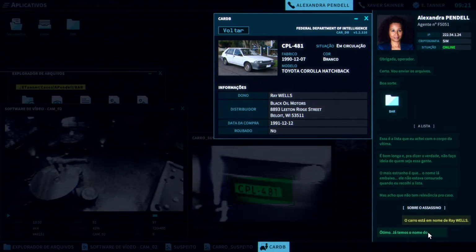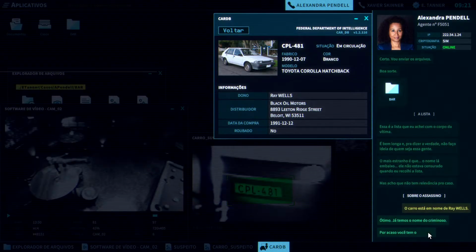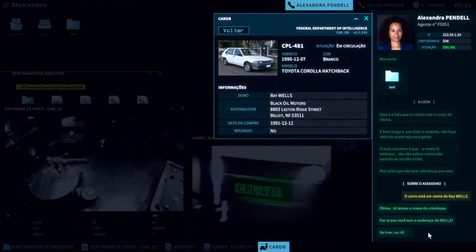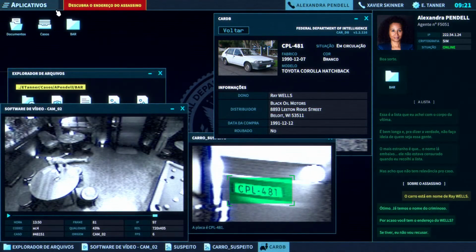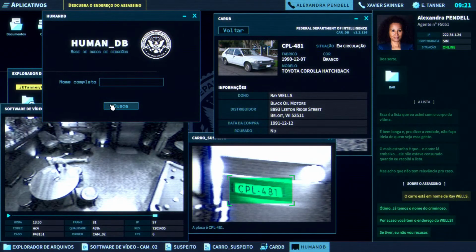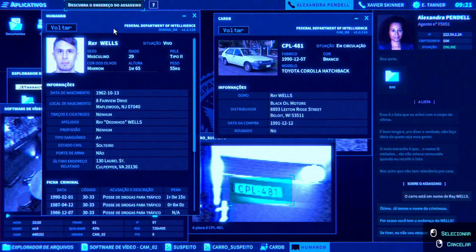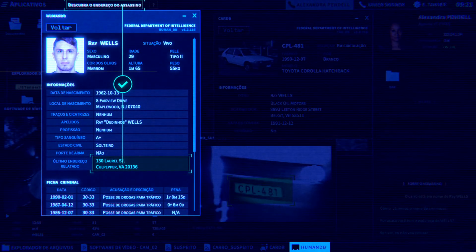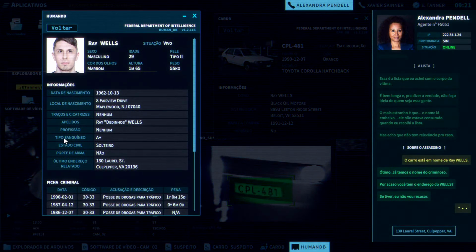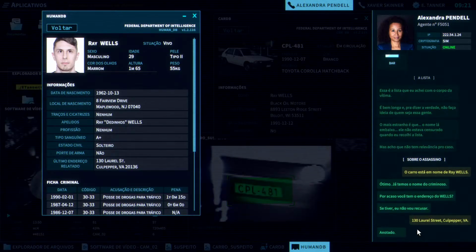Nice. Now we know the perp's name. You got something for Wells' address? Because I'll take it if you do. Yeah, that'll do.